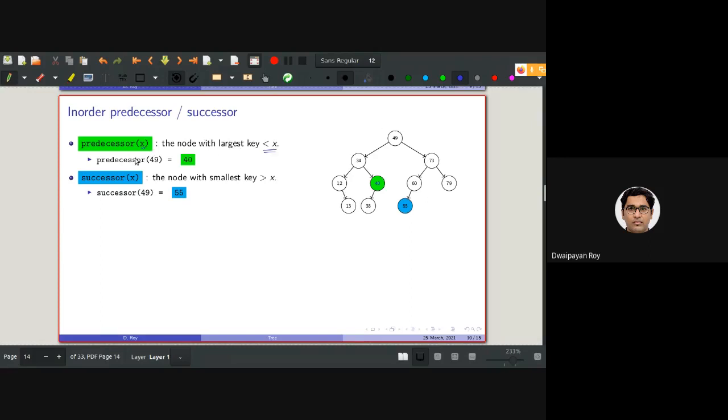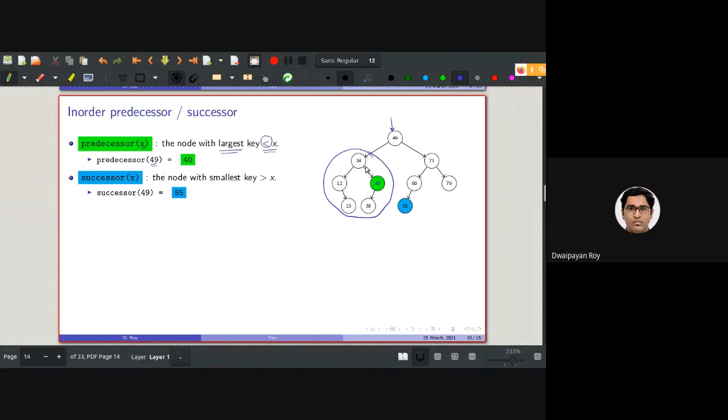If I consider the predecessor of 49, where exactly is the largest value less than 49 stored? It will be in the left subtree, of course, as it is less than the value for which we are looking for the predecessor. But we are looking for the largest value. So in this subtree, where is the largest value stored?